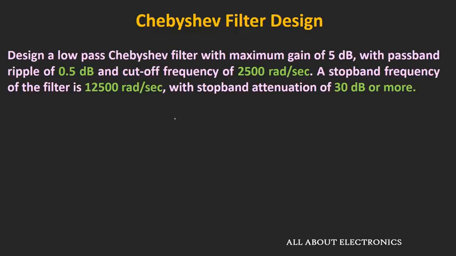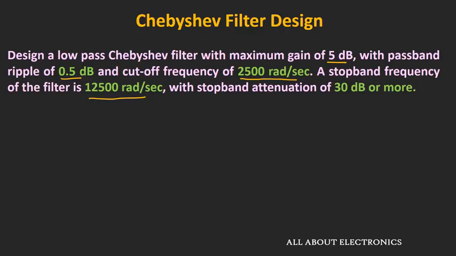In this example, we have to design a low pass Chebyshev filter which provides a maximum gain of 5 dB, has a passband ripple of 0.5 dB, and the cutoff frequency of this filter is 2500 radian per second. Apart from that, we have been given the stop band frequency, that is 12.5 kilo radian per second, and the stop band attenuation required for this filter is 30 dB or more. So as you can see here, we have been given 4 different parameters which are required for the filter